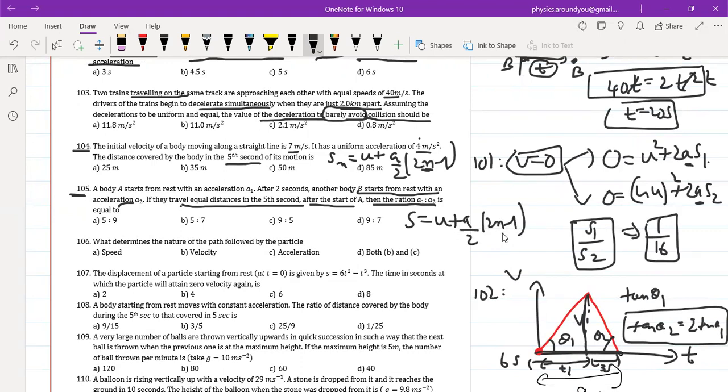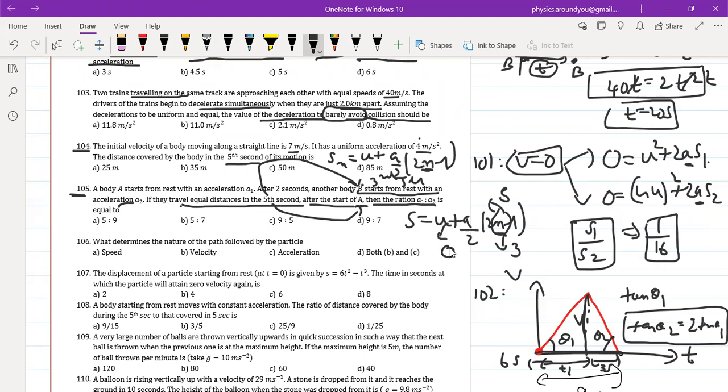The distance traveled in the fifth second is equal for both of them, but that fifth second of A is not the fifth second of B because B is starting late. So the n value you cannot put as 5 for both of them. So how to avoid the problem? If n is 5 for A, for B, n will be 2 seconds lesser than 5. For B, it should be the third second. Distance traveled by B in the third second should be equal to distance traveled by A in the fifth second. So n value is 5 for A only and n value is 3 for B,